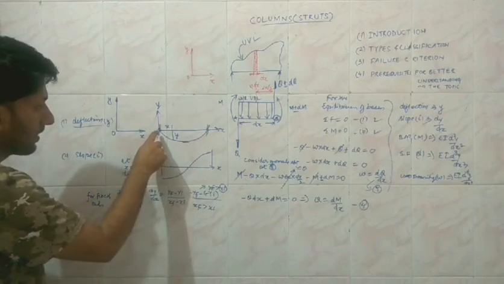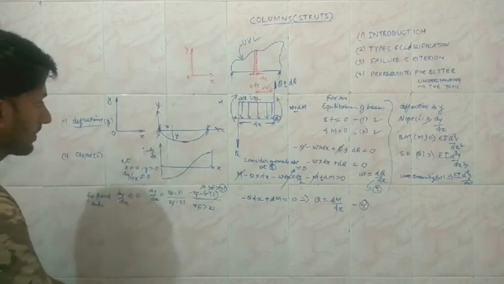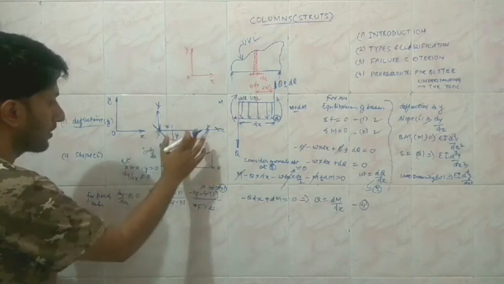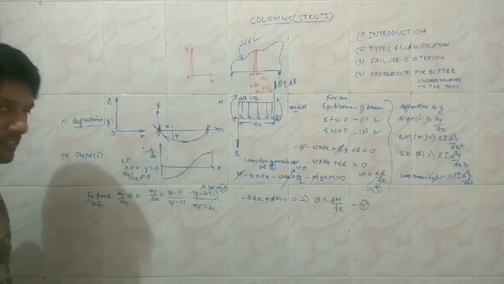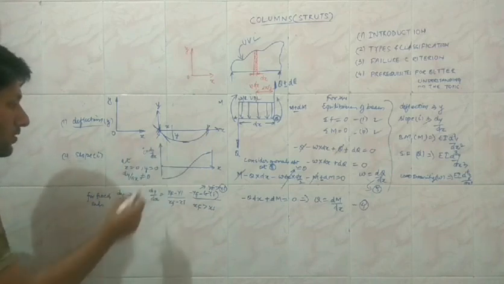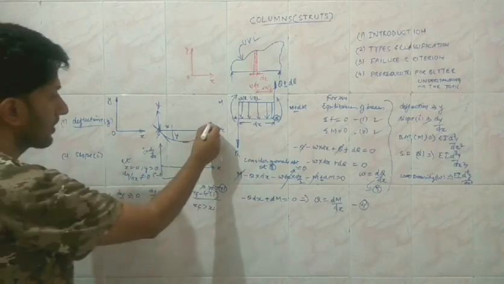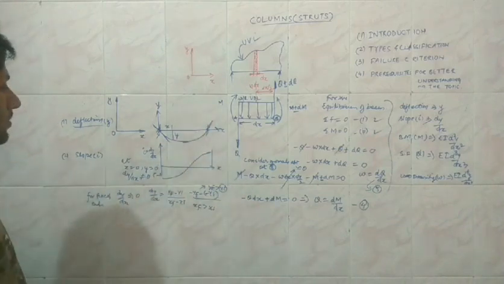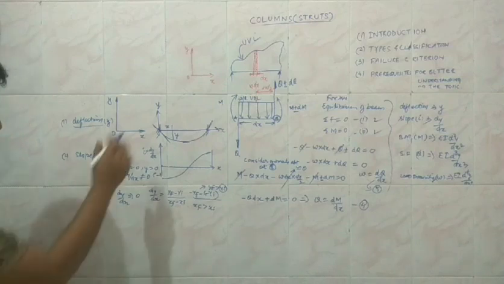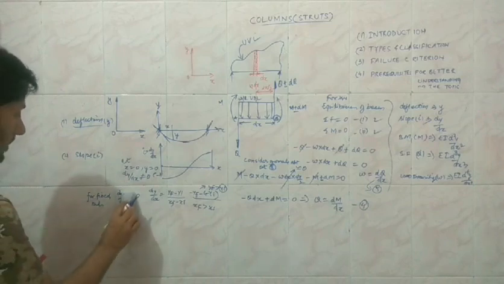So when the ends are pinned, we know that the slope at the end is going to be there. There will be a value of the slope. If the slope is not parallel to the x-axis, then your slope has a certain angle, and obviously the slope is negative in this case. So that's why we are moving from the negative direction of the slope towards the positive direction of the slope, because here the sign is positive. So the point I want to make is, when your ends are fixed, then dy upon dx is equal to 0.